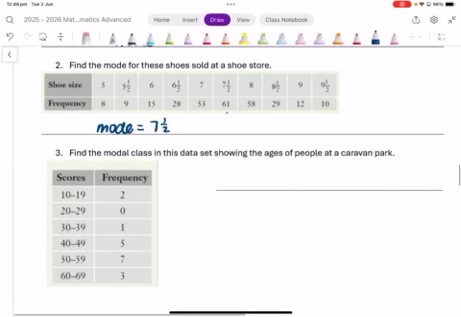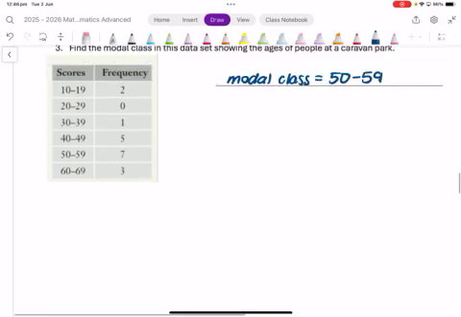Okay, now we want to find the modal class for this data set showing the ages of people at a caravan park. So which one has the highest frequency? Yeah, so the modal class is equal to 50 to 59. So mode is just the most popular score. Okay, then on our next page,